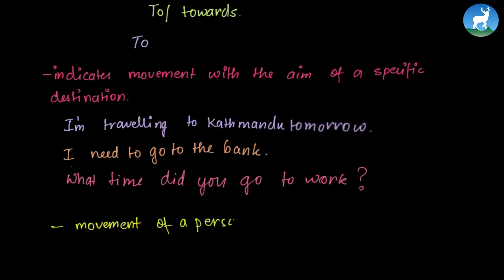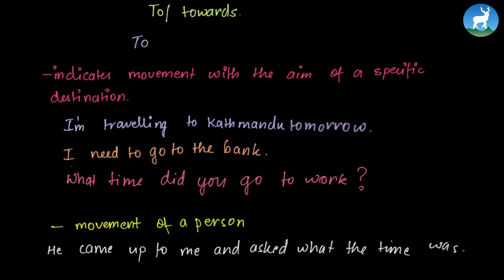For example, he came up to me and asked what the time was. So a movement of a person from one place to where I am standing just to ask the time is used with "to". "To" is also used to indicate